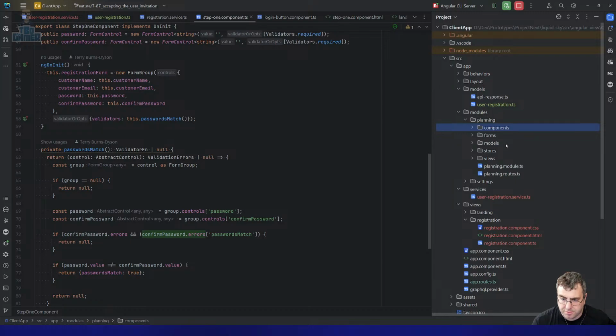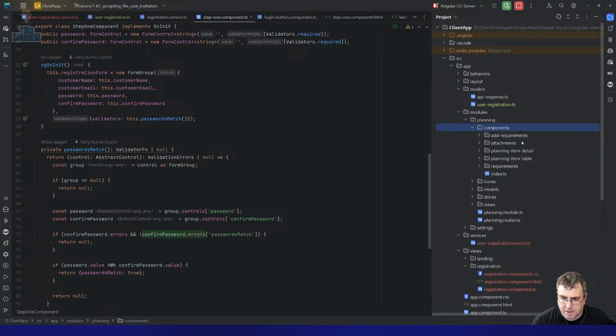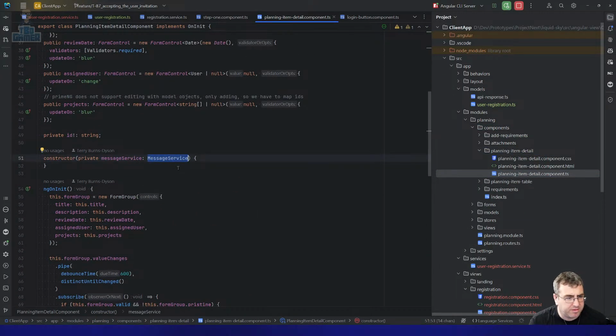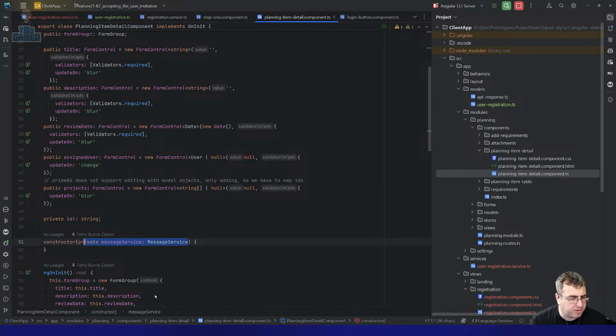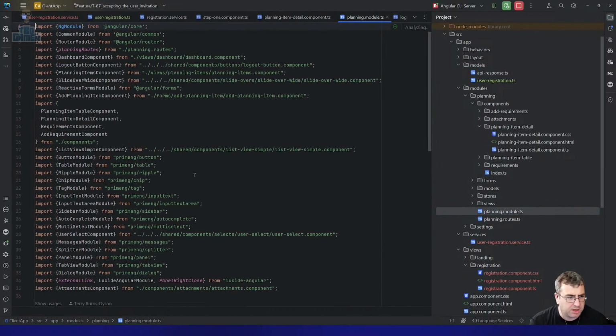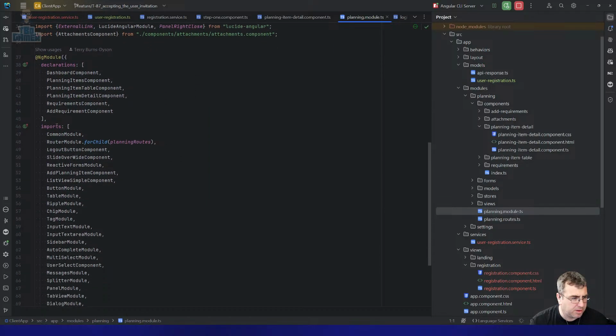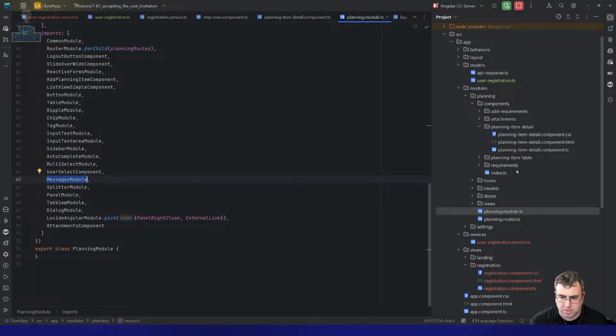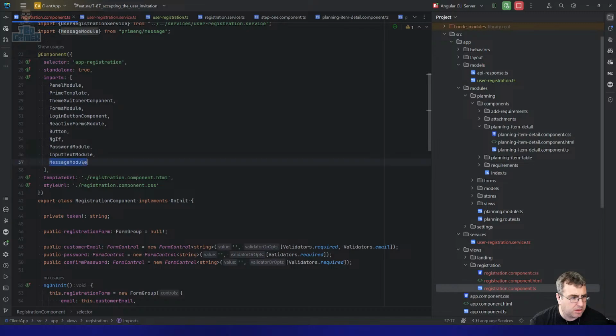One of these components has a message service in it. Planning item detail. Maybe it's planning item detail, but there's a message service. Message service. There we go. So, oh, it's because I'm using the components. I've not got the message service component included, have I? Because if I go to the module here, I bet message service is up here somewhere. Imports, messages module. And then down here,